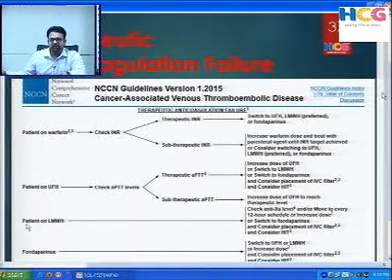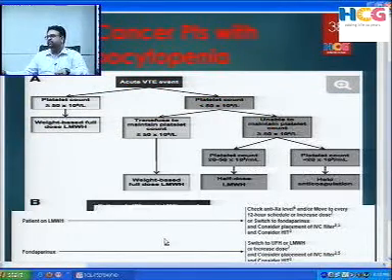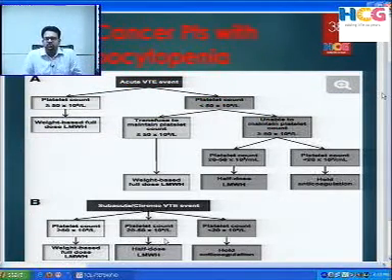When the patient is on low molecular weight heparin, what we should see is the anti-Xa levels, and we should schedule the dose more frequently, like a 12-hour dosage, or we can increase the dosage of the low molecular weight heparin. We can also consider switching over to fondaparinux and consider the placement of an IVC filter. When the patient is on fondaparinux, we should again switch over to low molecular weight heparin or increase the doses of the same.